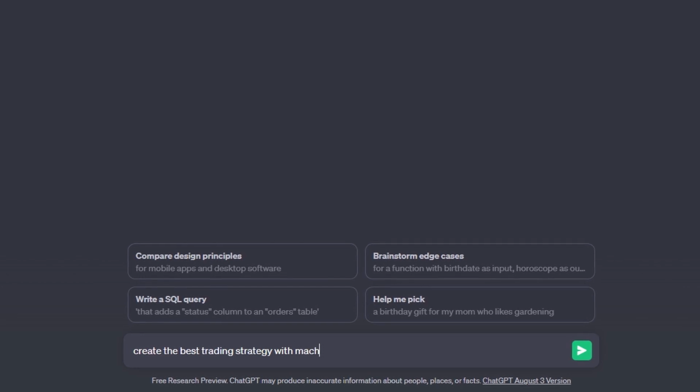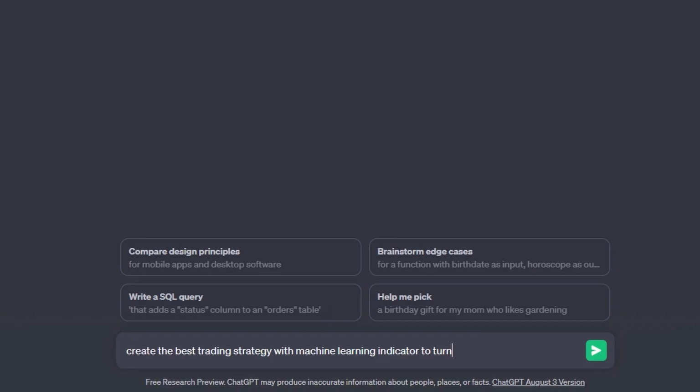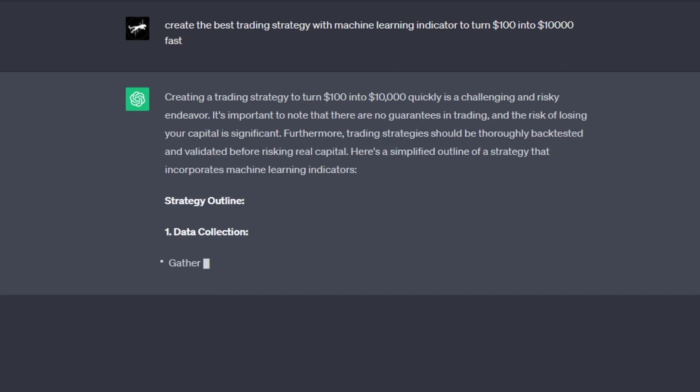To obtain a more precise strategy, I asked AI to devise the optimal plan using a machine learning-powered TradingView indicator code. This indicator, which is currently gaining popularity, leverages AI technology. Additionally, I specified that the strategy's objective was to transform $100 into $10,000 as expeditiously as possible. The AI subsequently furnished me with a comprehensive strategy, albeit requiring some adjustments on my part,